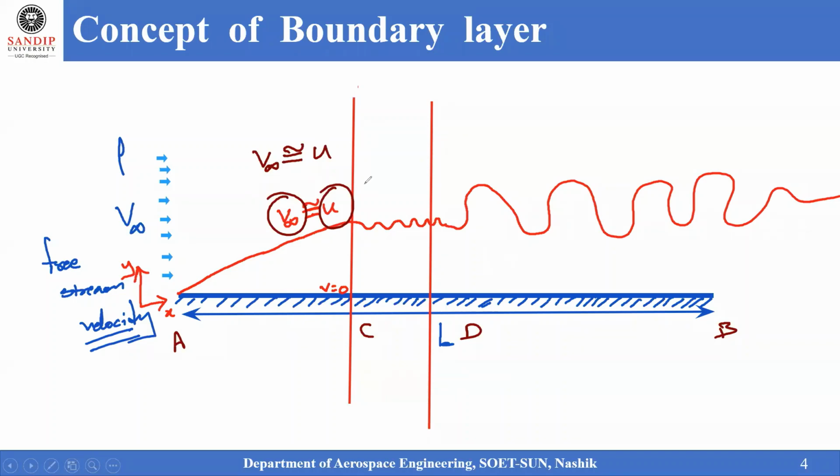In order to address that point, we have to recollect our statement of shear stress: tau is equal to mu into du by dy, where tau is the shear stress term and mu is the coefficient of viscosity, du states the velocity difference between the points 1 and 2, and dy is the distance between points 1 and 2.